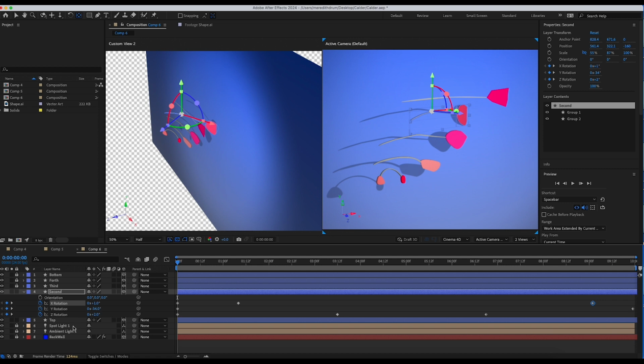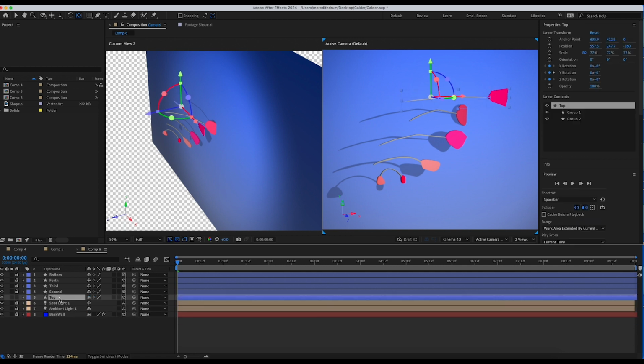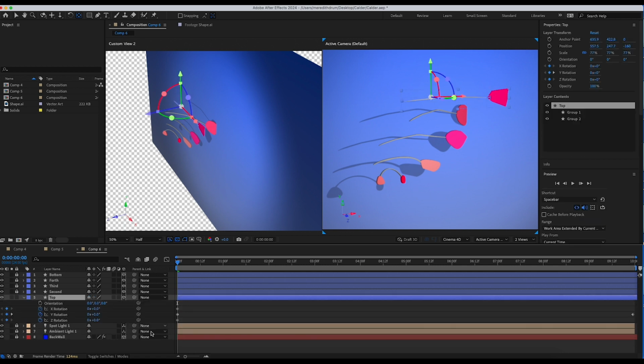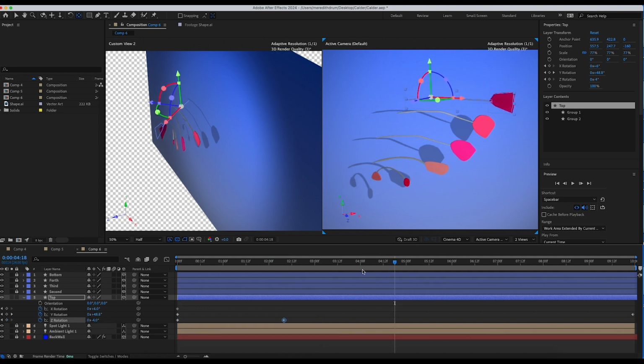Now let's take a look at the top one. I'm going to close that, lock that for a second. Close that, lock that for a second. Go to top, press R. This is the beginning. I'm going to move that back in Y. Maybe I'll have this one move forward actually a little bit. And then rotate it a bit. Rotate it a bit. And let's have that just sort of gently bounce around in X and Z.